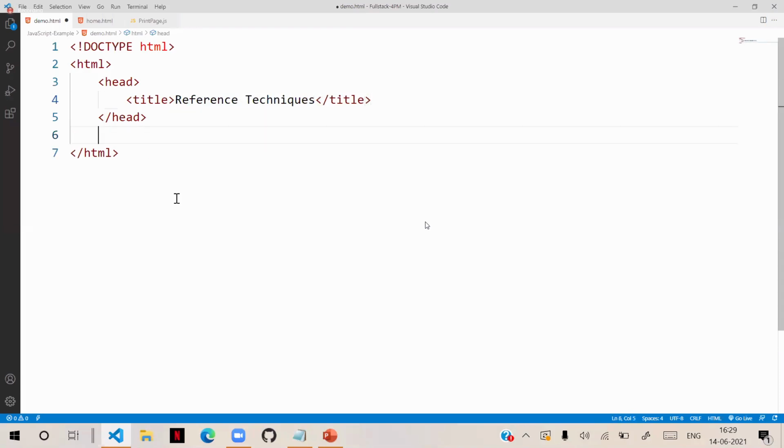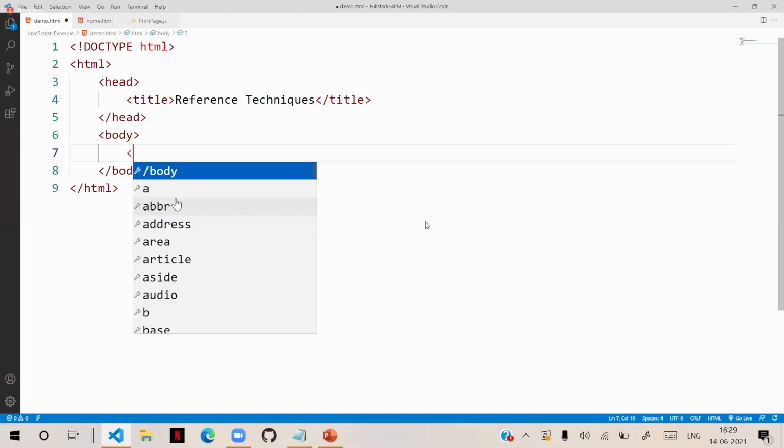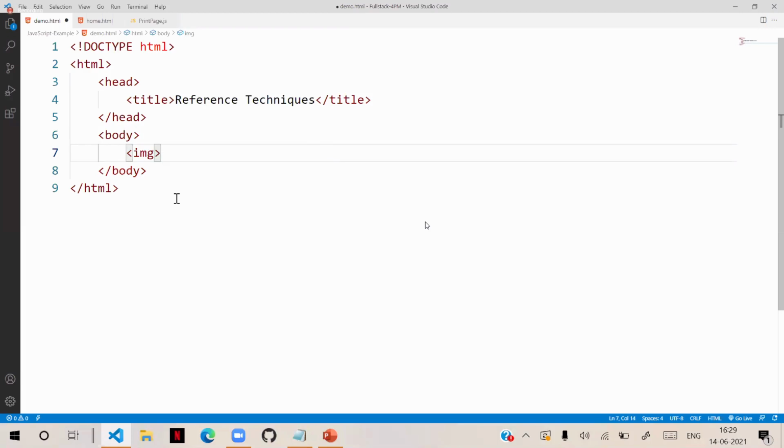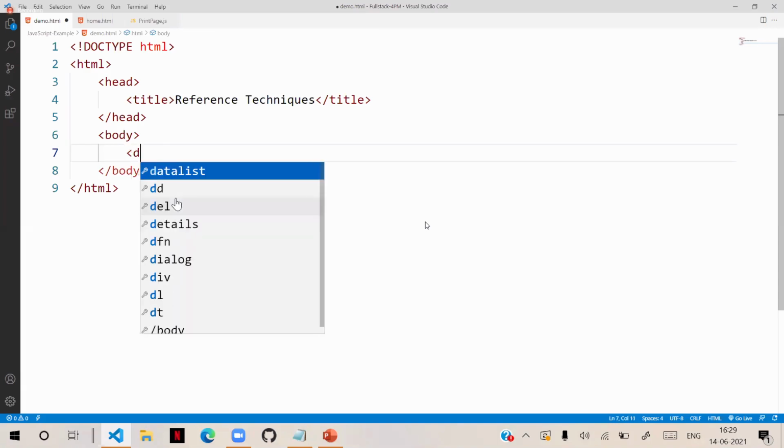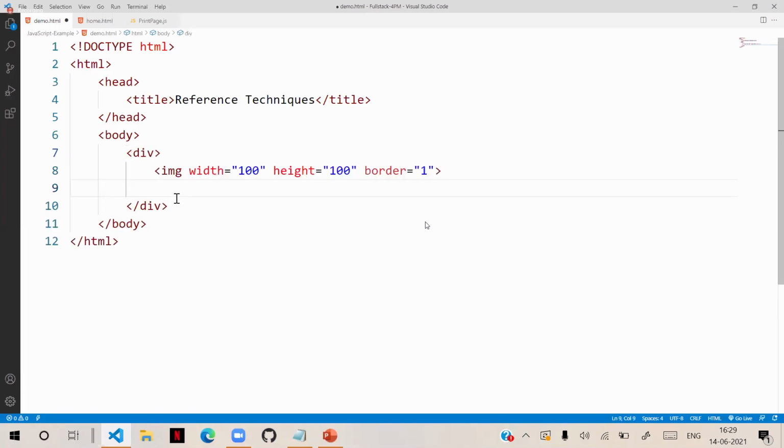In this body section, we have an image, img, with width 100, height 100, and a border of 1. This is kept in a div. Below that, we have another div.